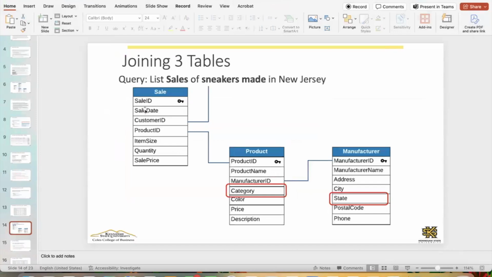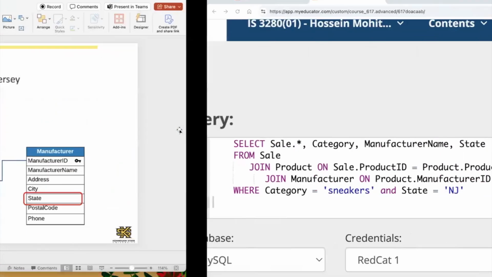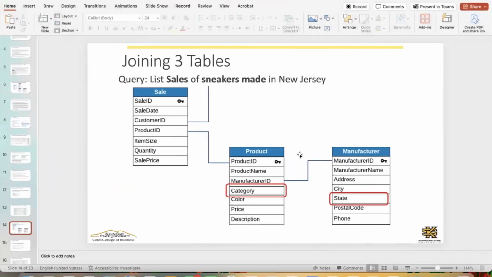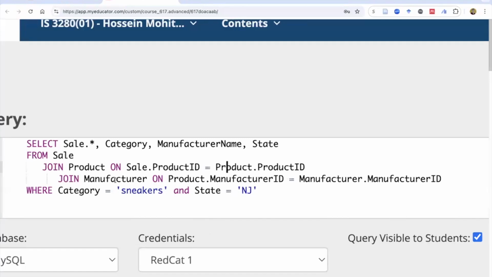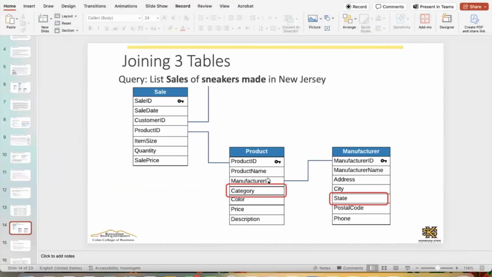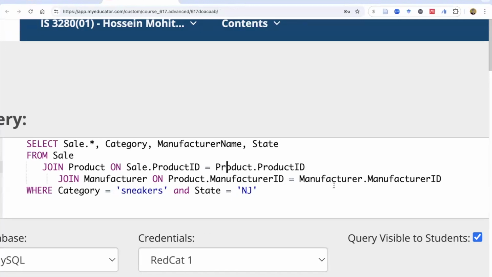from the sale table that we see here, we are going to the product table through the product ID, right? So from sale, we are joining the product table on sale.product ID equal to product.product ID: product ID from the sale table, product ID from the product table. So that's the first part. The second part, we are going from the manufacturer table to product, or vice versa, it doesn't matter. So now we are joining the manufacturer table through which key? Manufacturer ID. So on product.manufacturer ID equal to manufacturer.manufacturer ID, where category is sneakers and state is New